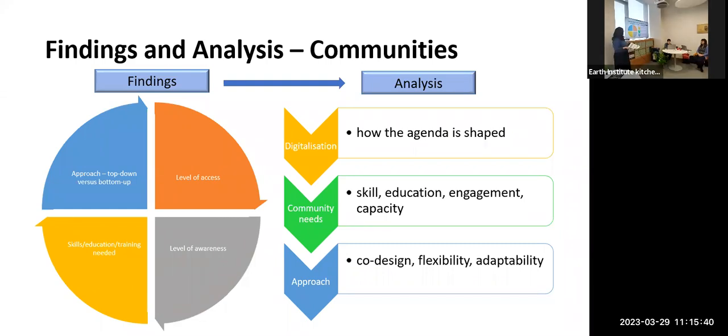We don't know how to make sense of it. And that tied in with the level of awareness. There was a sense from the rural development end of things that there wasn't an awareness of what databases were there, and also that there was a need for skills, education and training around it. So in analysing that, we can see there's an agenda around data that isn't necessarily making it very accessible for maybe individuals or communities living in rural areas, and that there is a need for capacity building and education around it. And also that if we try to at least listen to people, we can potentially co-design platforms in which people can access the information.